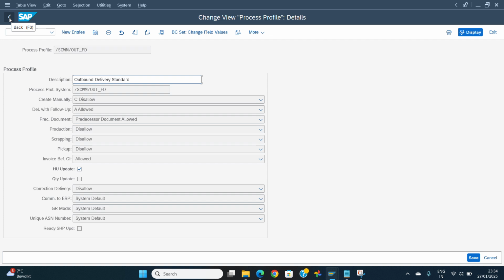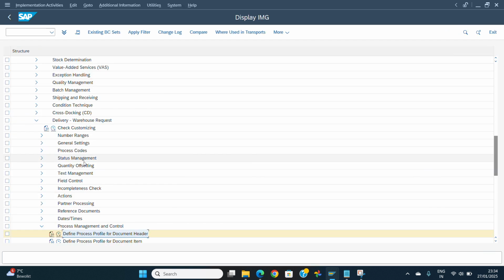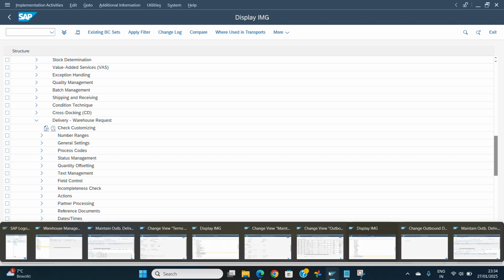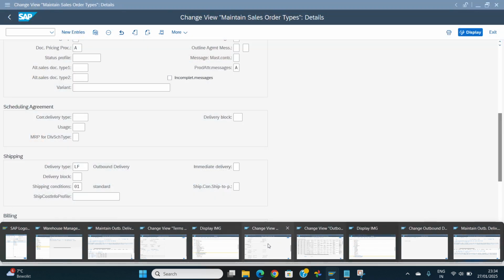So just to show you the navigation path, this is the process profile which I've captured from the final delivery document type. Within cross process setting, go to delivery warehouse request and then navigate to process management and control. Now, once this setup is done, there is another setting which we need to perform,